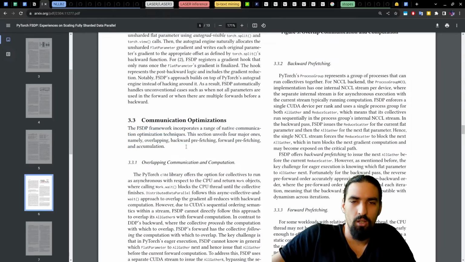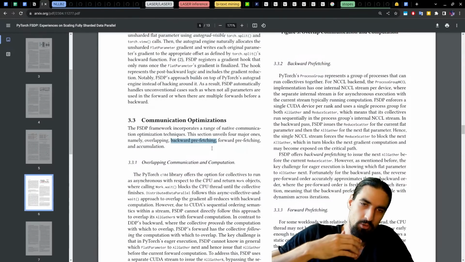Okay, communication optimizations. The FSDP framework incorporates a range of native communication optimization techniques. This section unveils 4 major ones, namely overlapping, backward prefetching, forward prefetching, and accumulation. I think we know of all of these basically. Prefetching is basically what we said before.